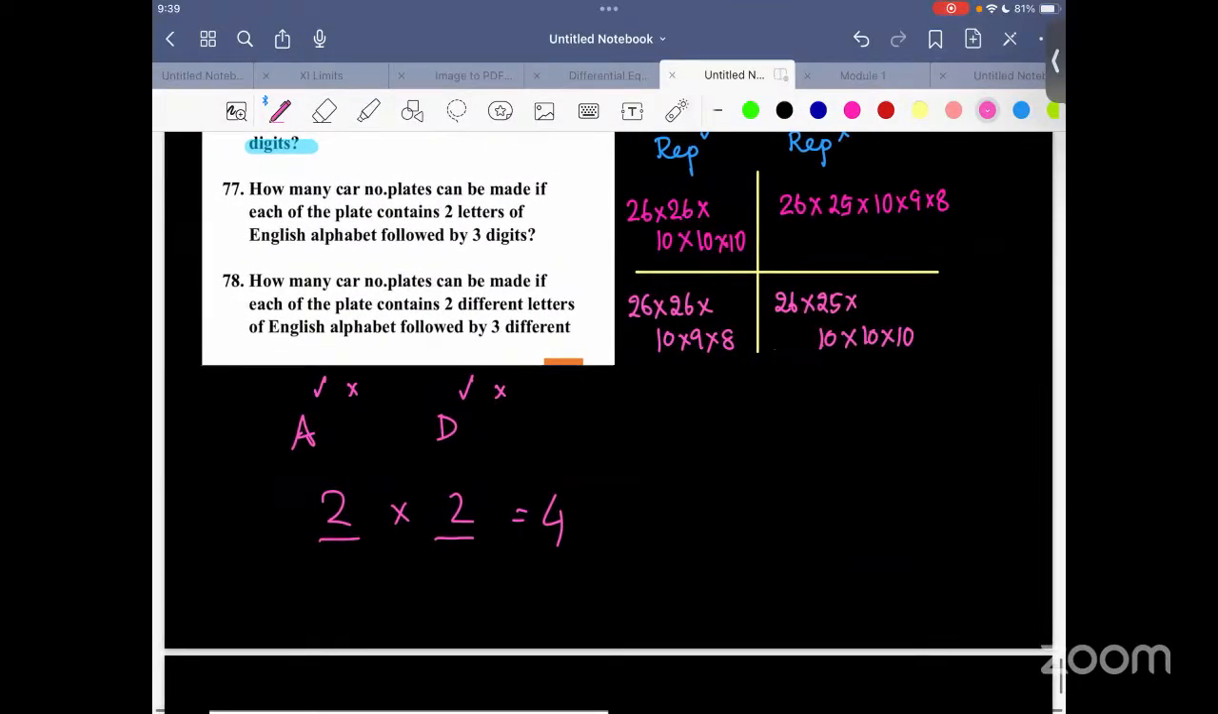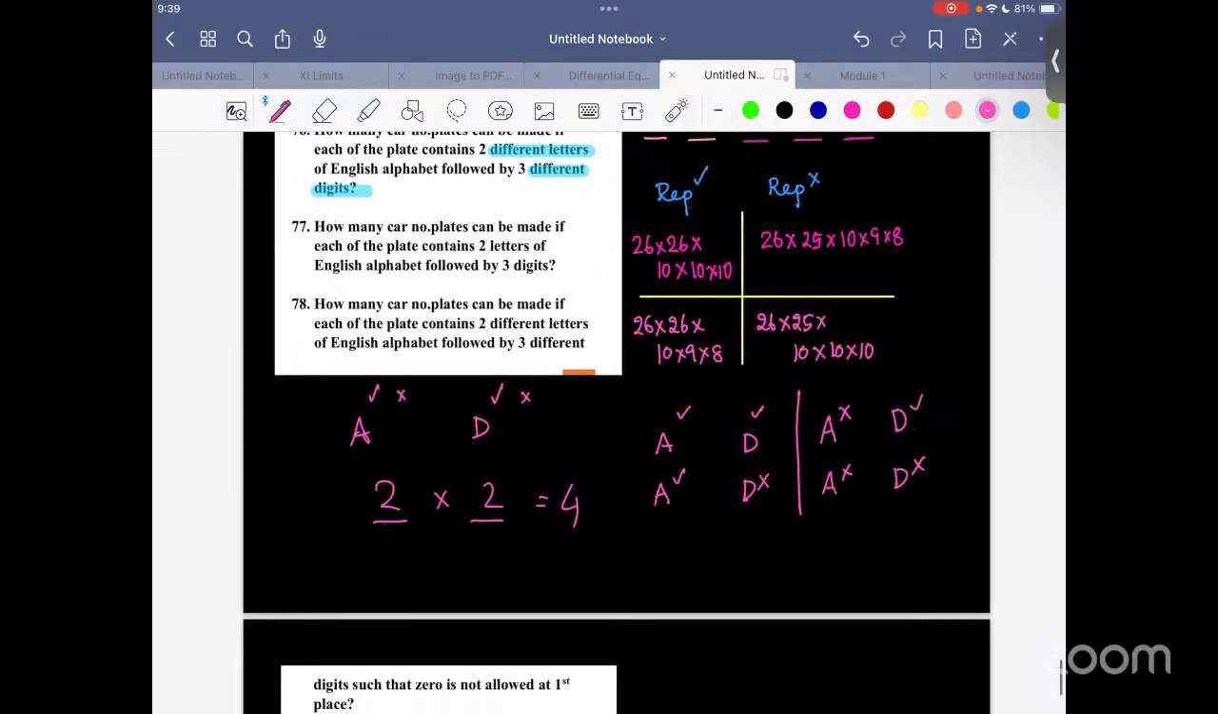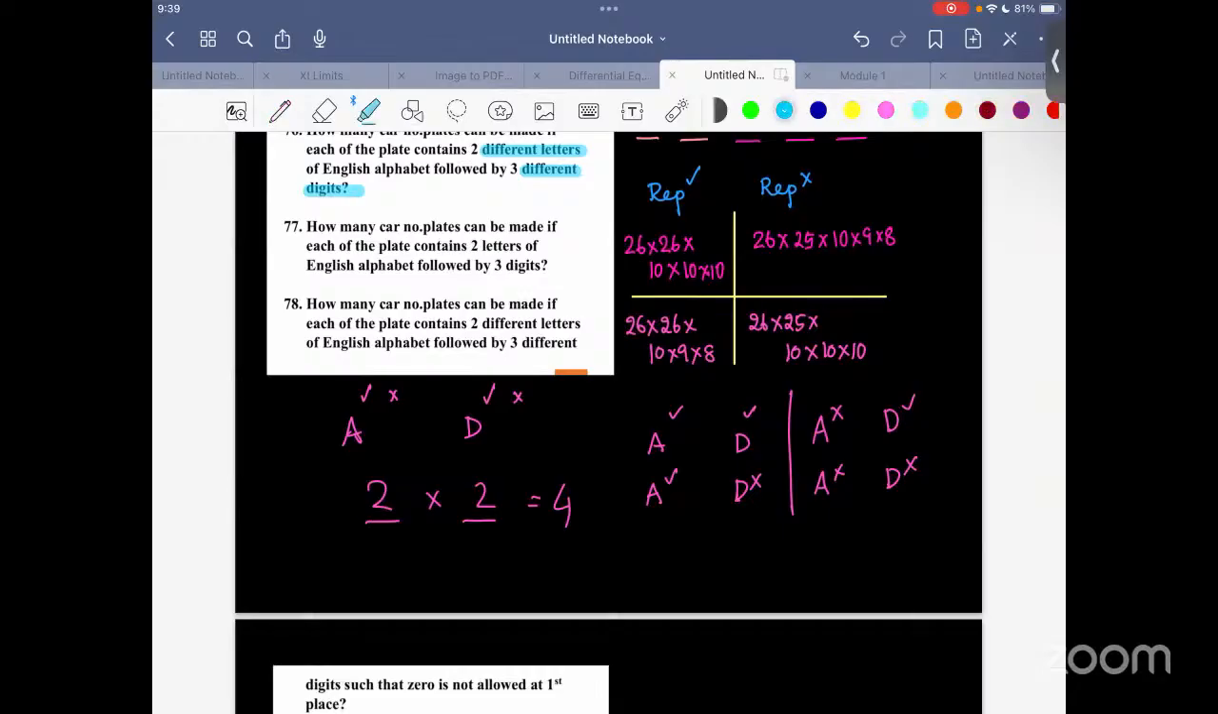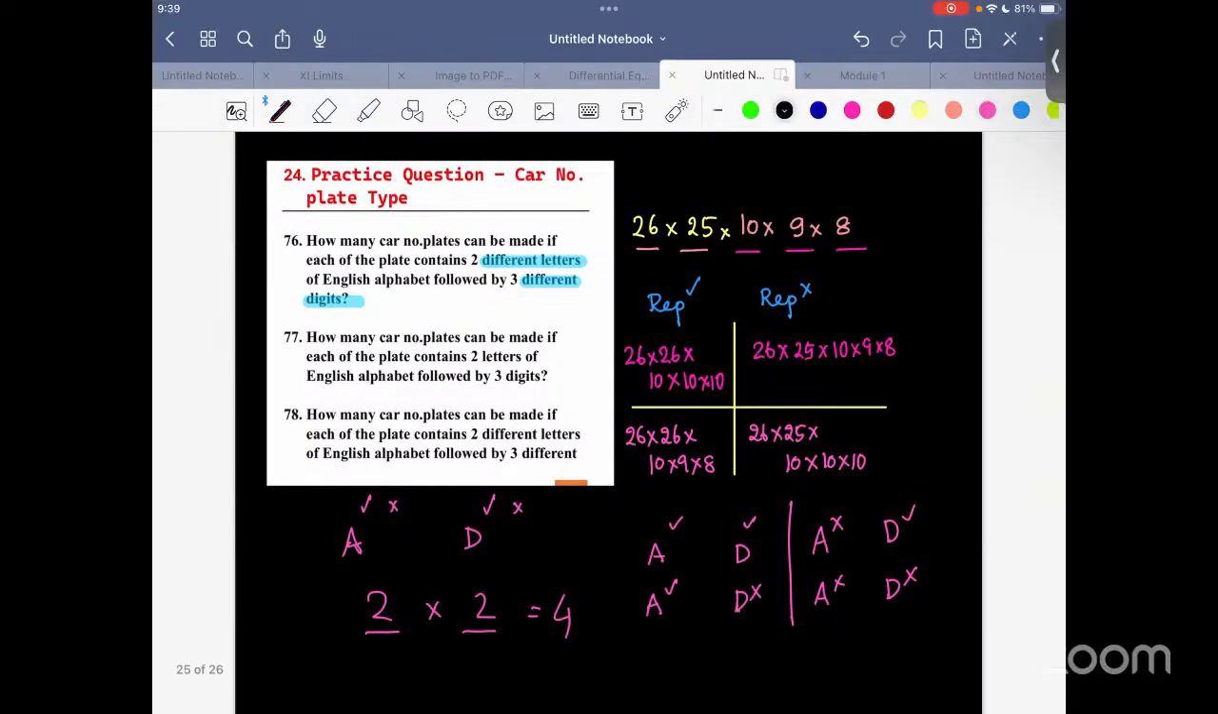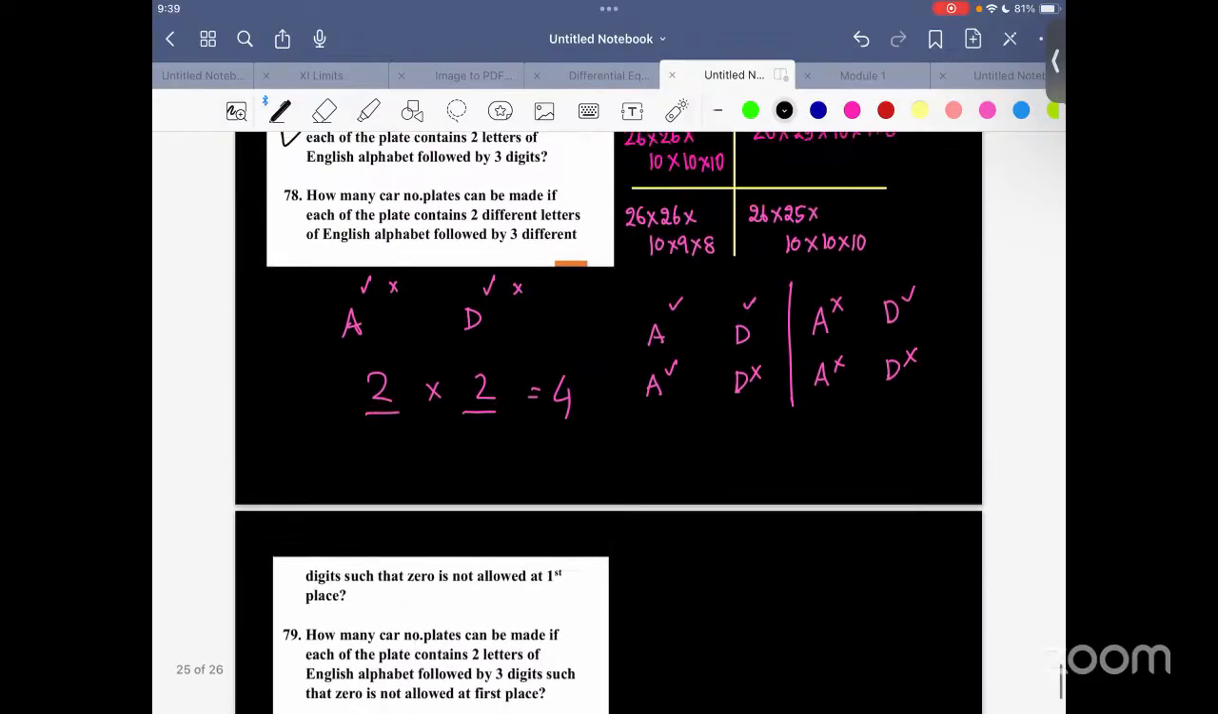सो इधर दोनों केस में रिपीटेशन allowed, और दो केसेस में: A में रिपीटेशन allowed, D में not allowed। A में not allowed, D में allowed। A में not allowed, D में not allowed। तो टोटल चार केसेस बन सकते हैं। I hope you have got this. Clear? So we are done with this. क्वेश्चन नंबर 78 हो जाएगा, इसका कंटिन्यूशन is here. फटाफट करो।